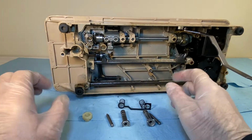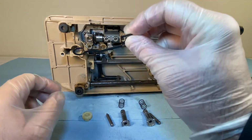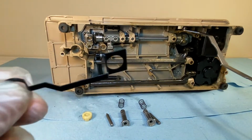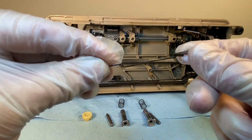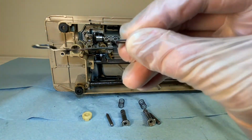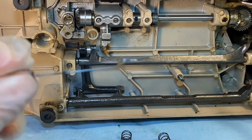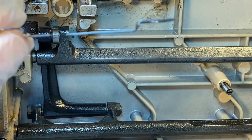The one thing I would like to note before I start is this is the bracket for these brackets, these pin brackets. Everything's a bracket here. But this is the position that it has to be in. I don't know if you can see that, let me hold it back here in the light a little, and then I'll just zoom in. That'll be the thing to do here in this case. So there, we want it to be,